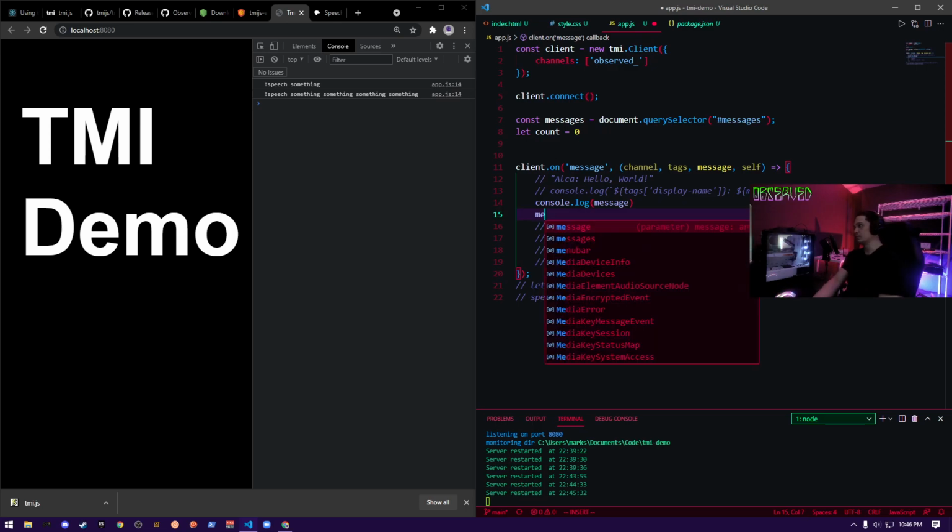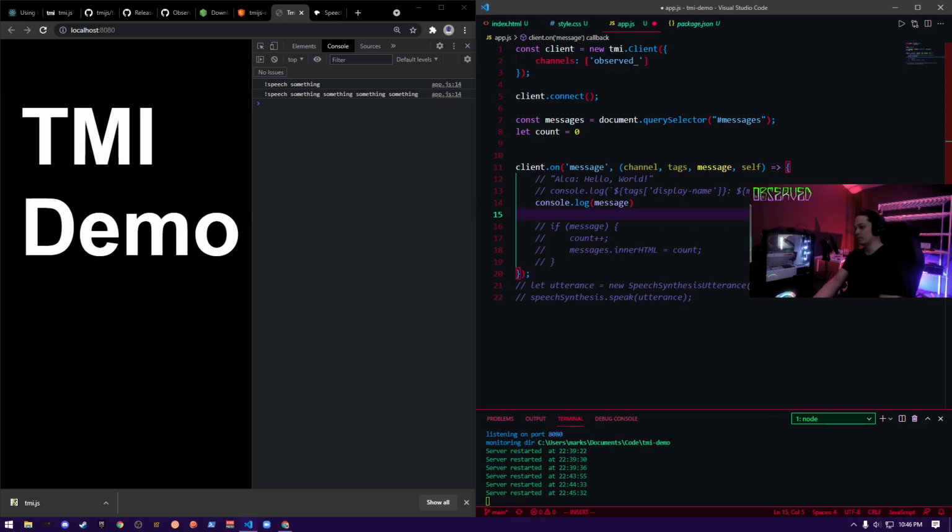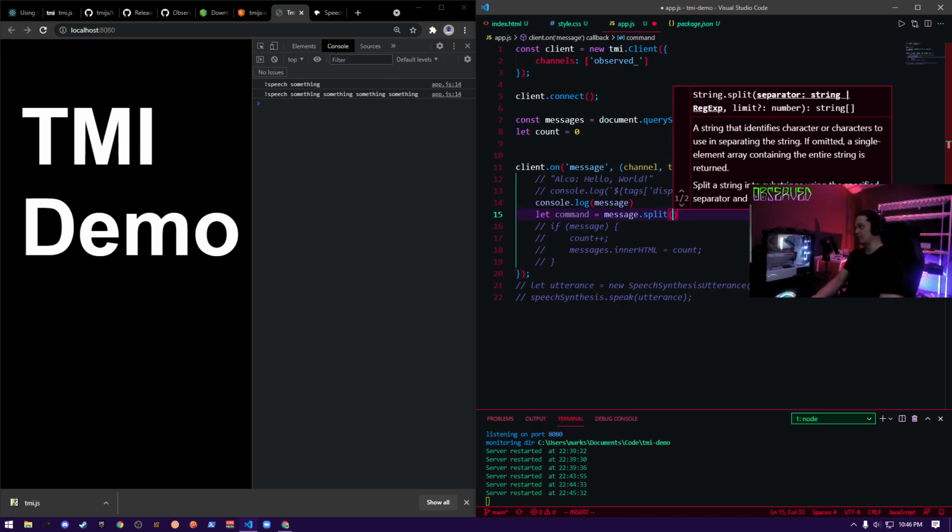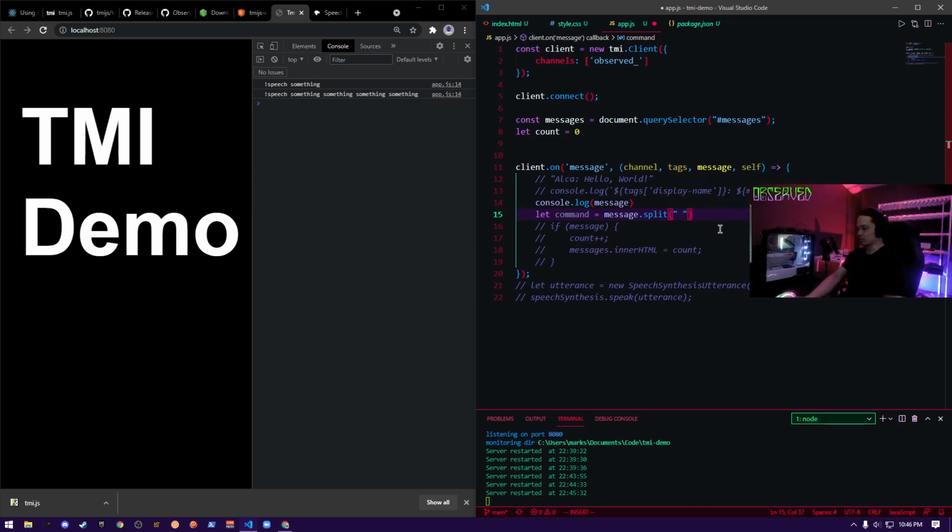I would go message, possible command. Let command equal message dot split. So I'll split it at every space like that. It's not really a command, but it's just the possible command.